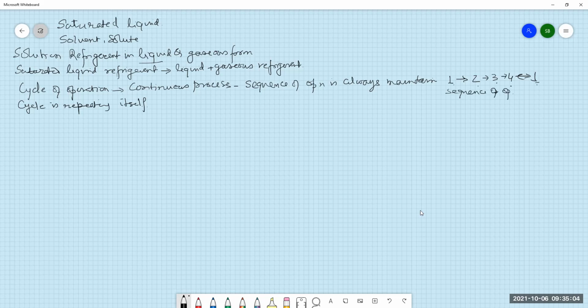So every refrigeration cycle is always a cycle of operation. But you see, for a lathe machine operation, it is not continuous. The same process is not repeating. First you start and finish. Again we start, but at a separate time with separate items or separate machines. But here we are always circulating the same refrigerant throughout the cycle.